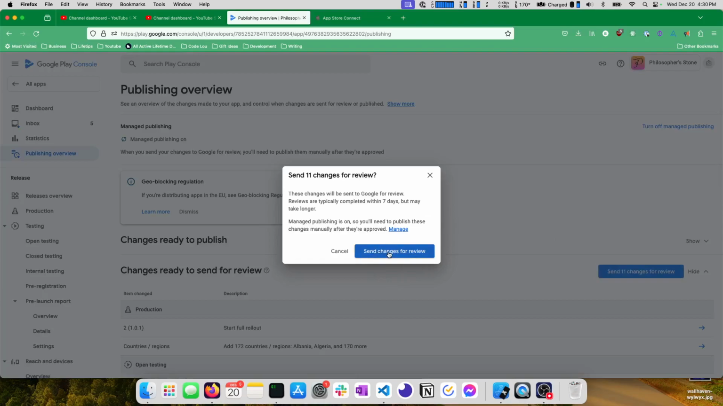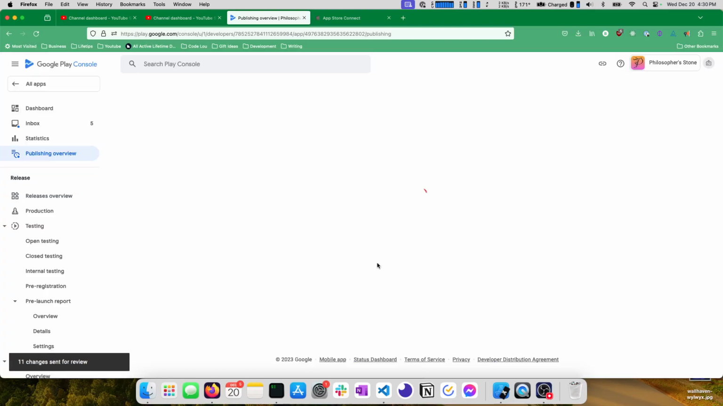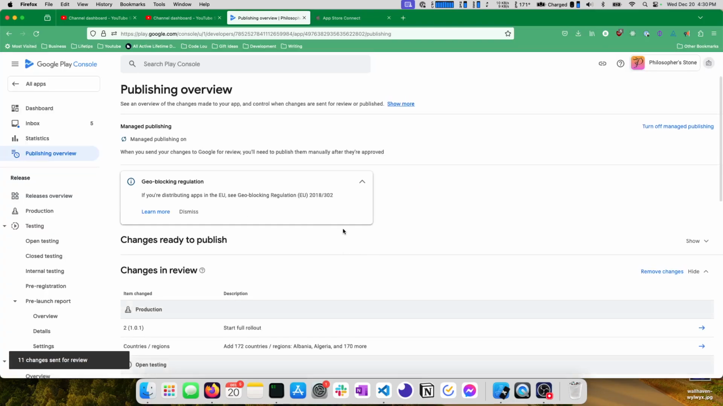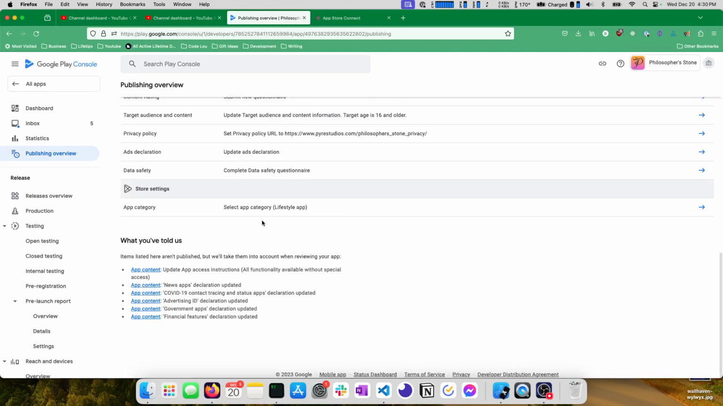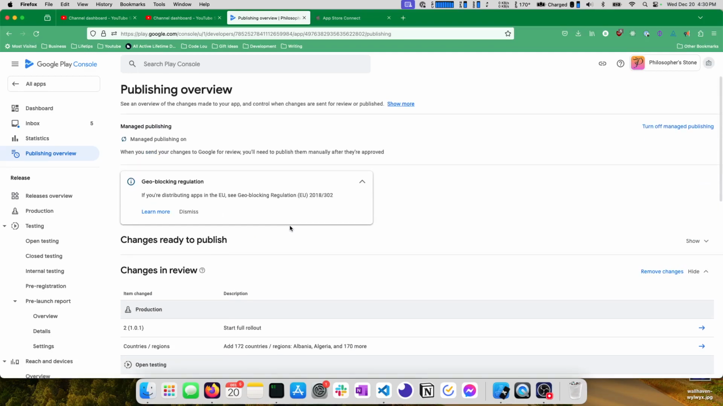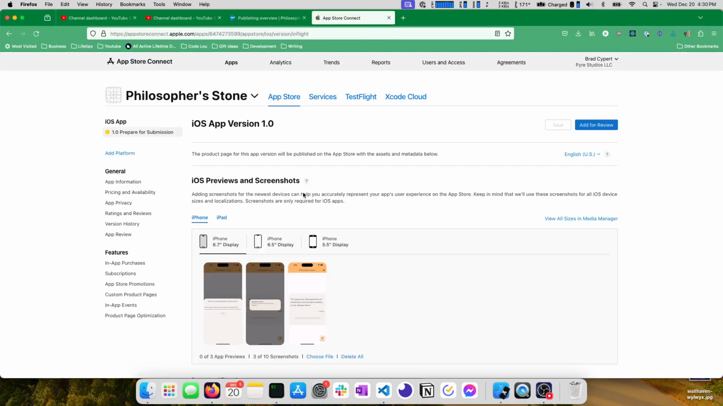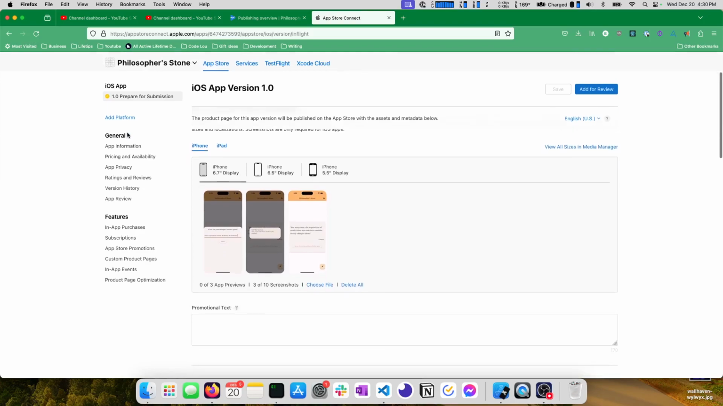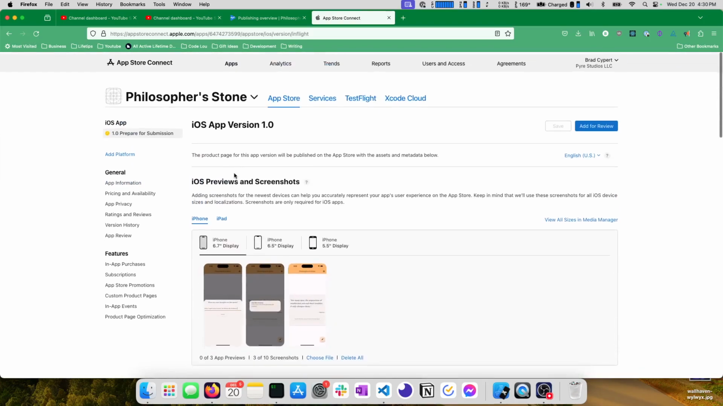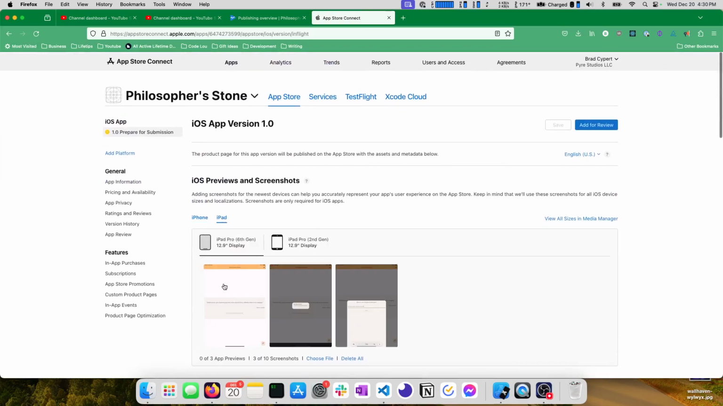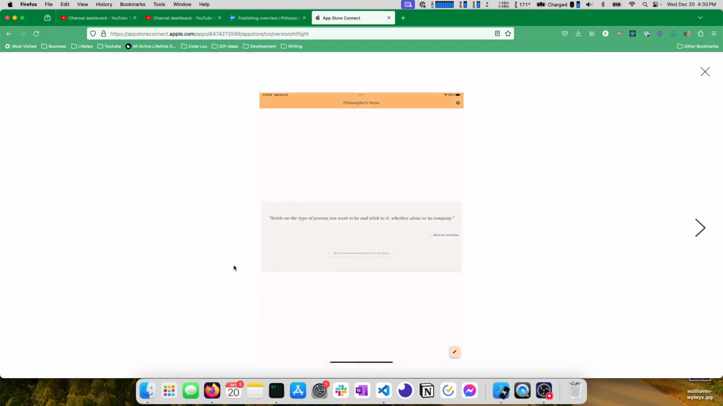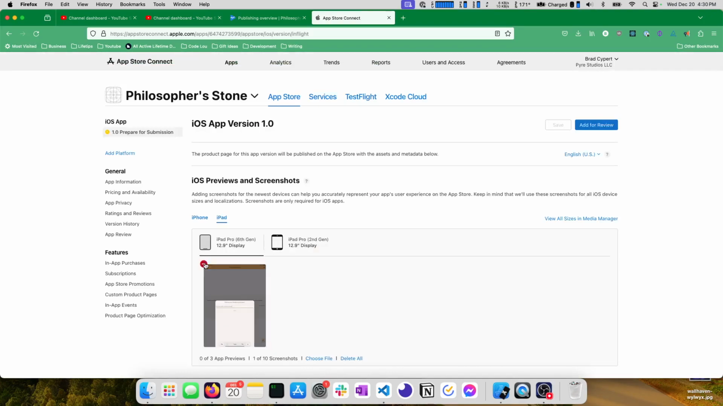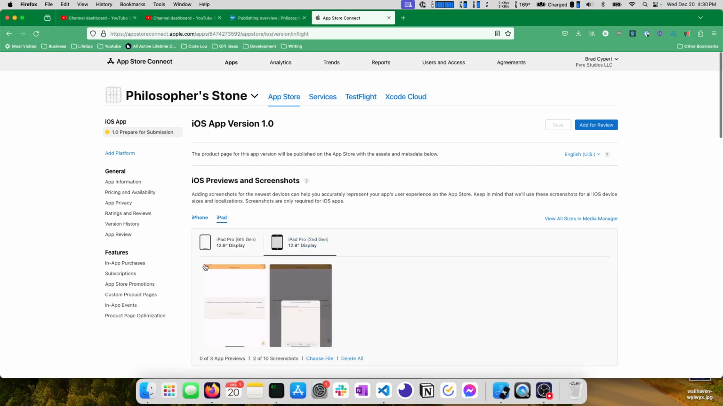You may not want to. It tells us here you'll need to manually approve them or publish them once they're approved. So we can send those to review. And these are all the changes that are in review. We'll wait to see how that shapes out, and Google's generally pretty lenient with these, so there's a fair chance that we don't have anything we have to do there. But if we come back to App Store Connect, I'm going to delete the tablet screenshots that we have,